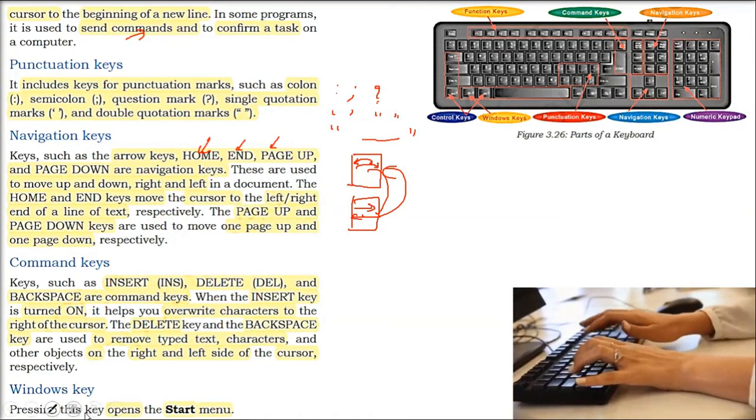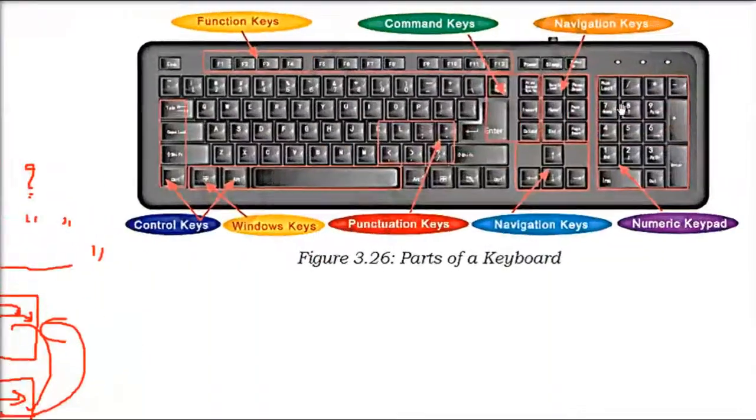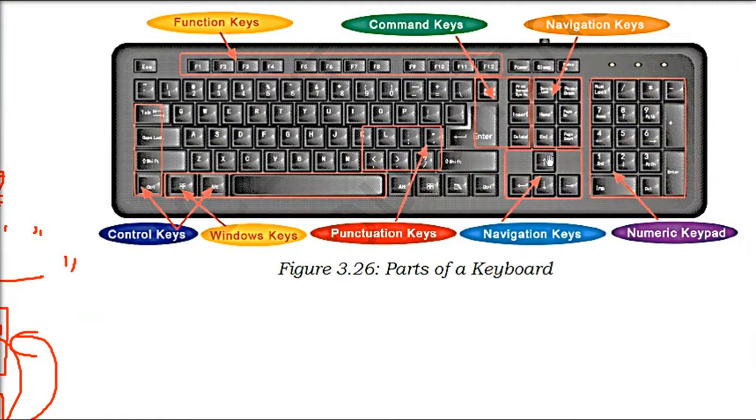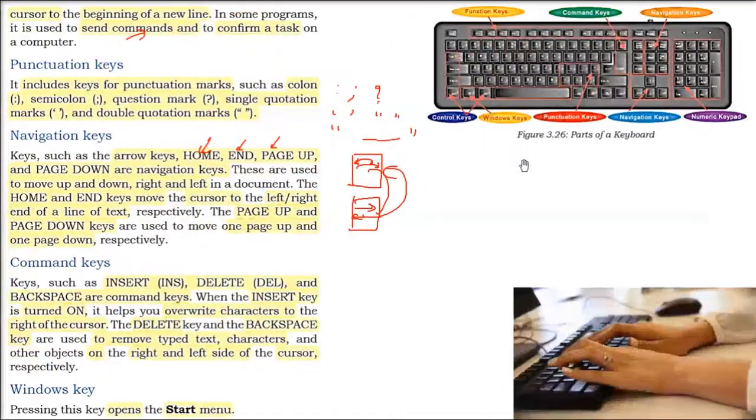So there is a line of text, Home and End will take you to the first and last. If you see, these are the navigation keys. There are certain navigation keys above also, so Page Up and Page Down are also there. If you see on the top one, this is Page Up, Page Down. It basically navigates through your document so that you can go as per your will on your document.